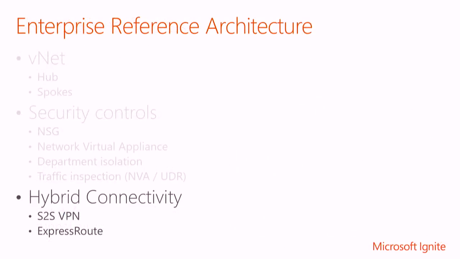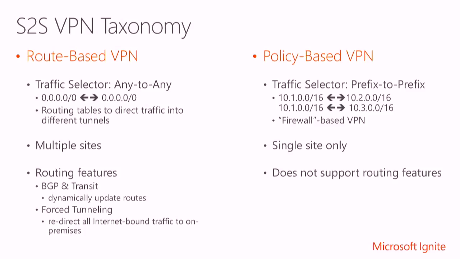The next topic that comes in is hybrid connectivity. We have two options. Either you can do a VPN site-to-site connection, or you can use ExpressRoute. Let's look at the VPN options. There are two modes of VPN operation. The older one, which we call policy-based, is based on a fixed defined set of static routes, and says, whenever you have traffic between this subnet and that subnet, put the traffic through the site-to-site tunnel.